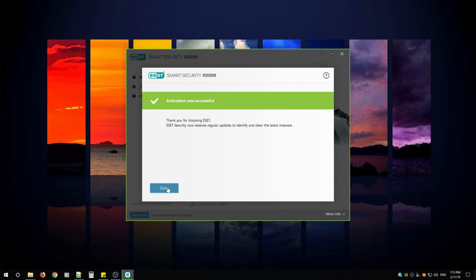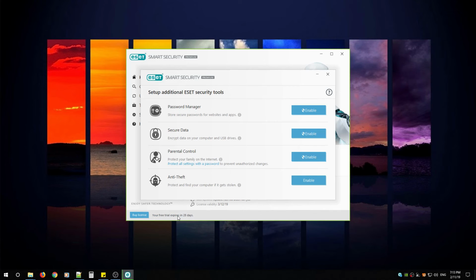Now in your email, it's going to send an activation code, and you're going to need that activation code if it prompts to use the trial version. If it doesn't, it'll activate automatically, just like you see here, and then you can enable the different components. And that's it for downloading and installing.